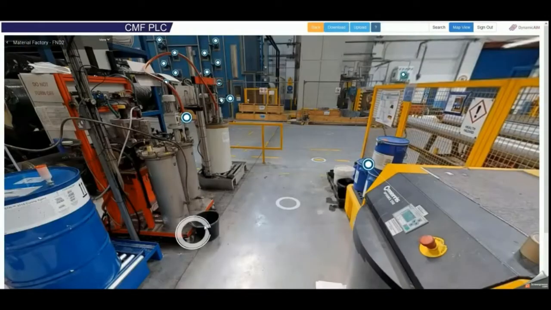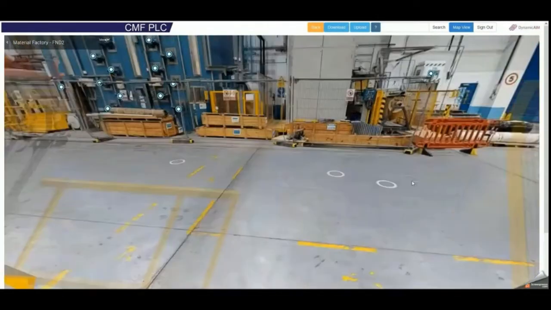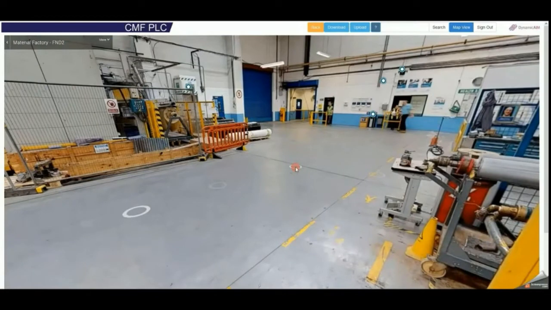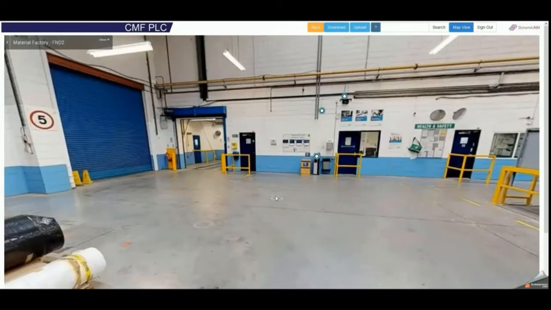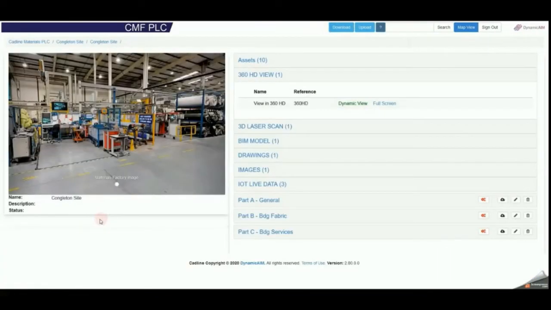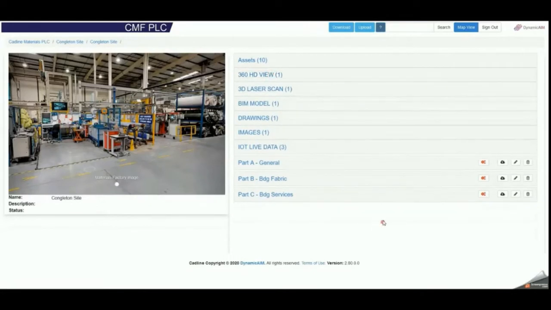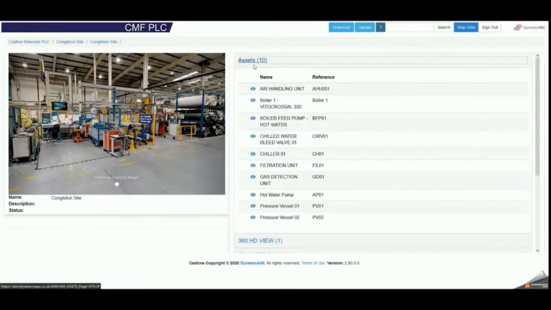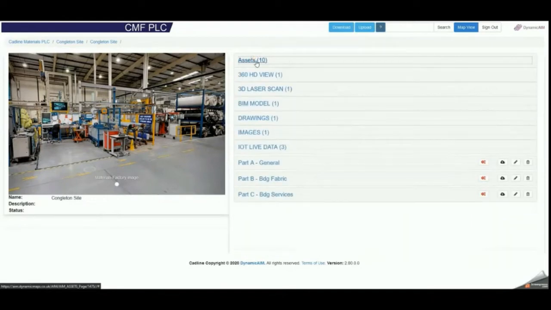So that's how we find asset information if we know our way around the plant. If we don't, then we can use the list of asset information here. But if that list is thousands long, we might want to use the search engine at the top. So we've got a powerful search engine here which searches on tag number, it'll search on keyword. In this case I will use keyword